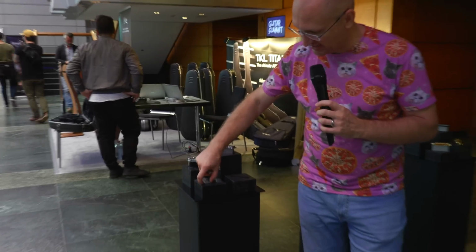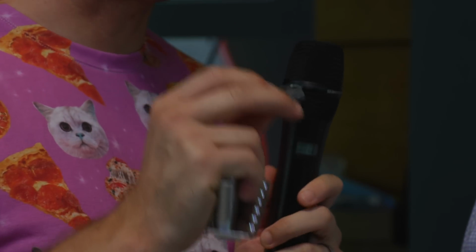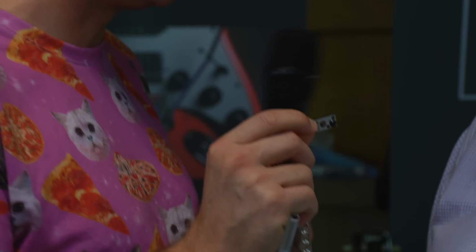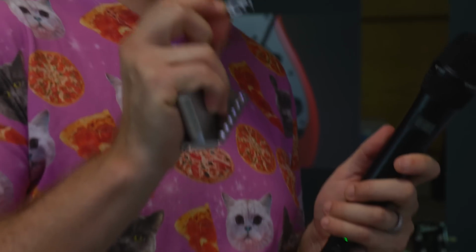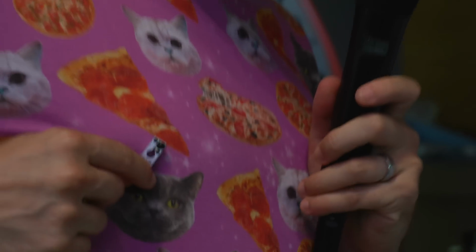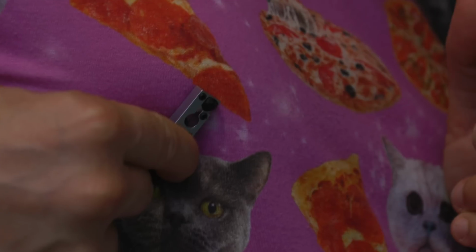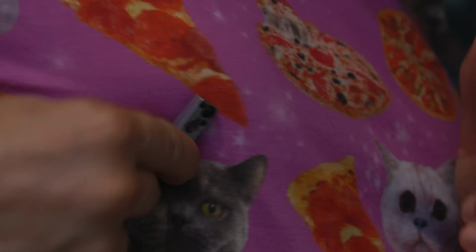So this is what we're talking about, and you actually also can get, and that's the really amazing thing, replacement saddles by themselves, to replace your standard vintage tremolo. So if you want the clippy locky thing, that's what the individual saddles look like. And if you want the whole bridge,